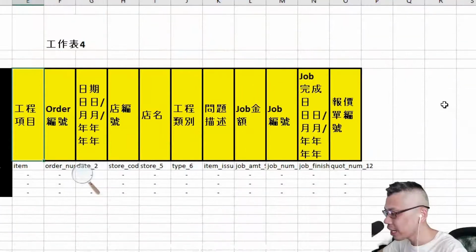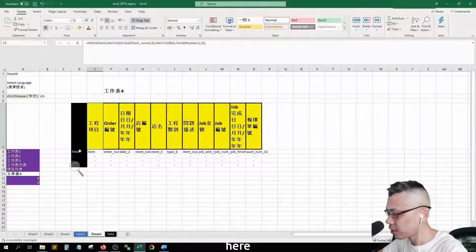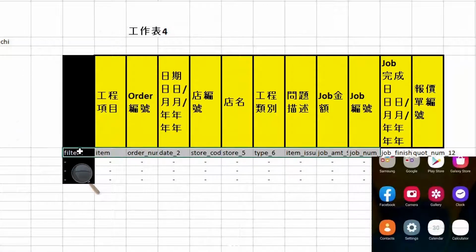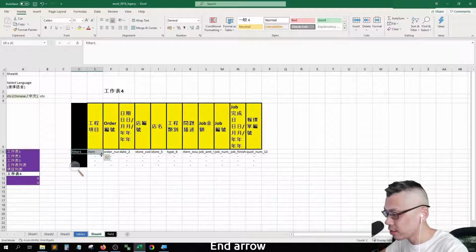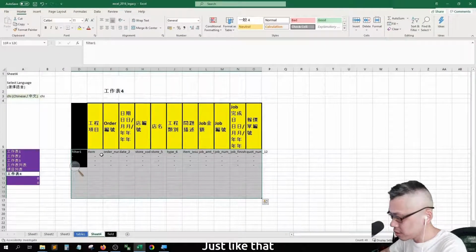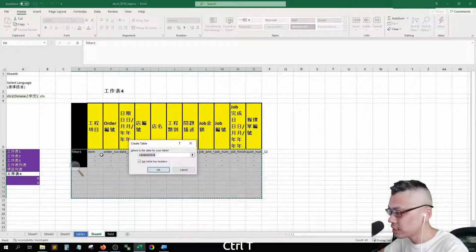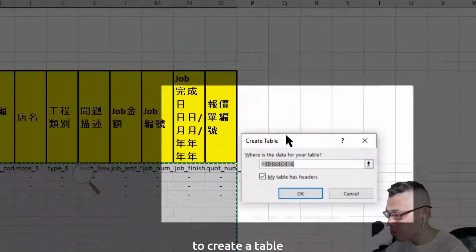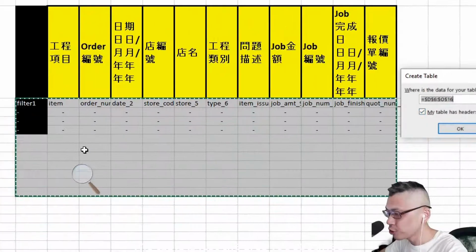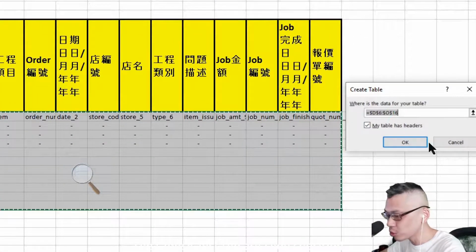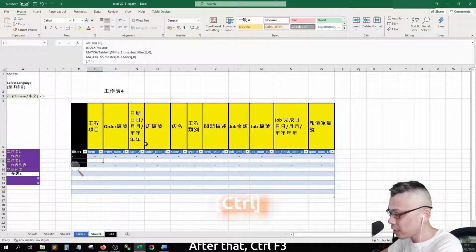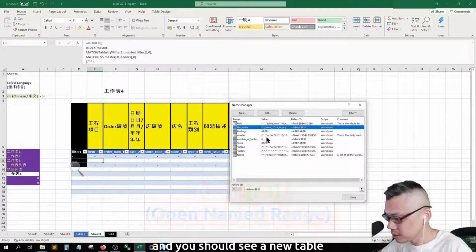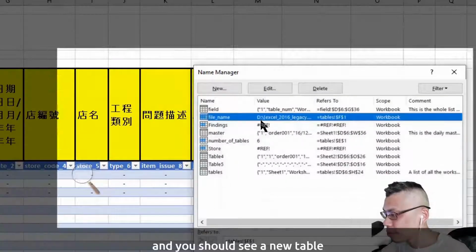So what you need to change is here. So make a table, an arrow and down arrow, just like that. Control T to create a table. The table is just the area you specified. After that, Control 3, and you should see a new table.